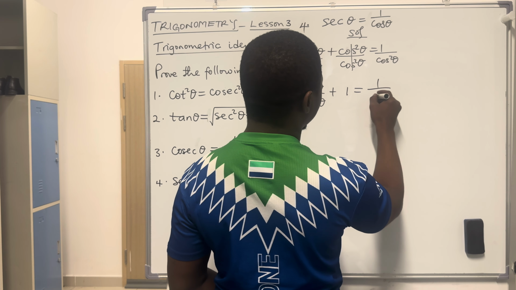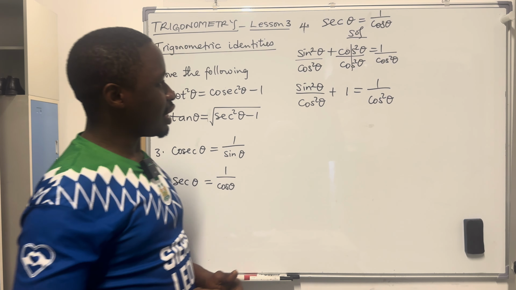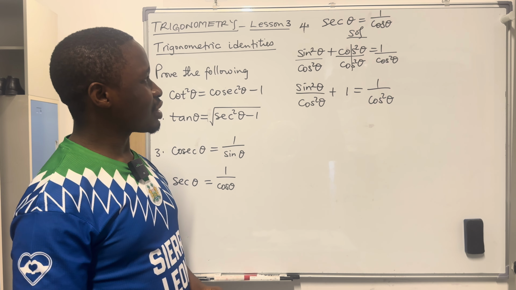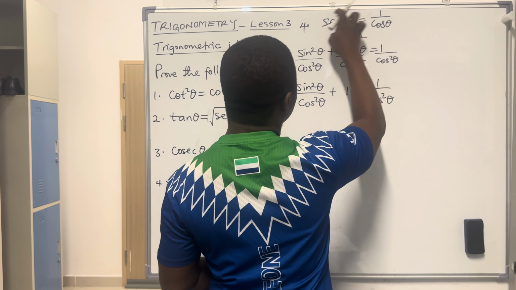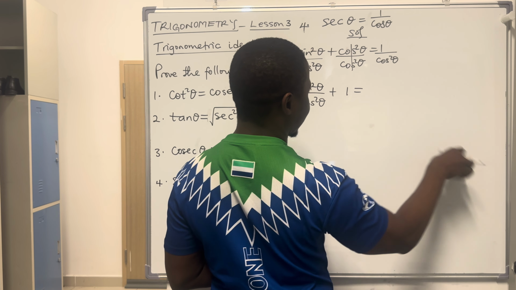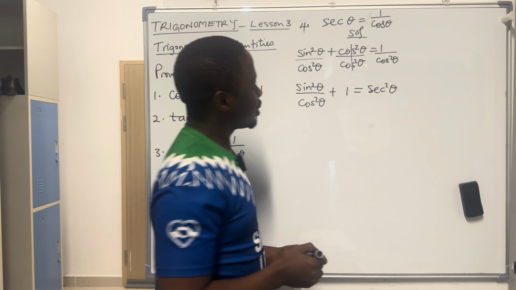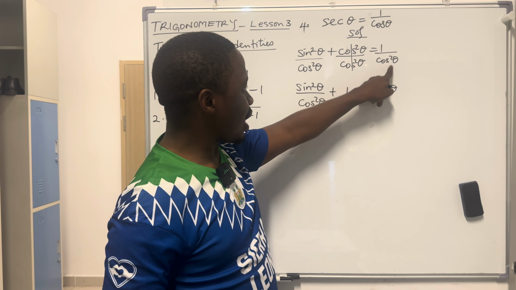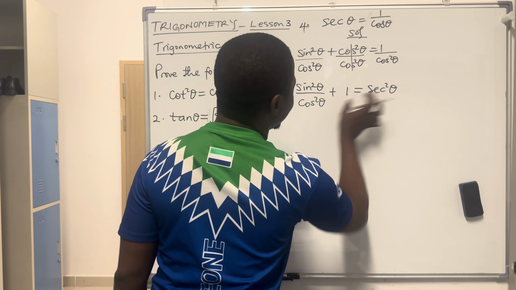over cos square. 1 over cos square is equal to what? 1 over cos square will give us sec. So since what we want to prove has a sec, we can change this to become sec square. So this is sec square theta. When there is a square, there must be a square. When there is no square, there must be no square. Okay. So now we say